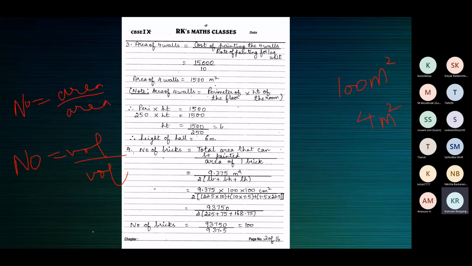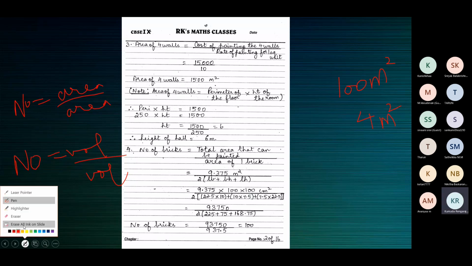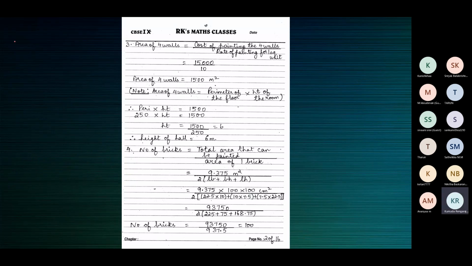Let me tell you about volume. Now, supposing there is a room whose total volume is 1000 meter cube. And you have many identical boxes, each of which will take up a volume, a space in that room. Each box will take up a space or volume of, say, 25 meter cube.